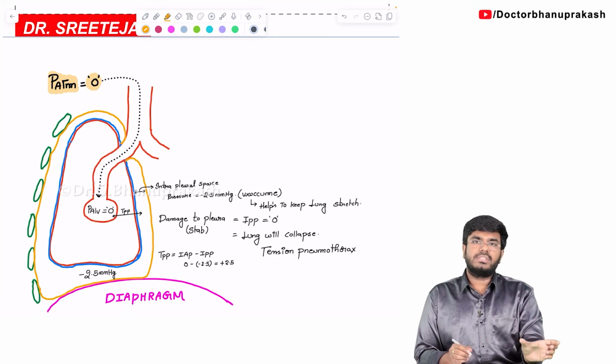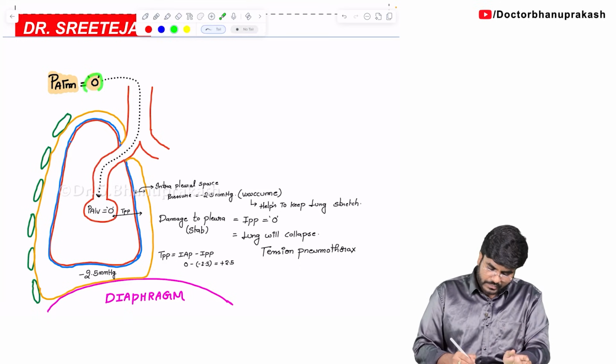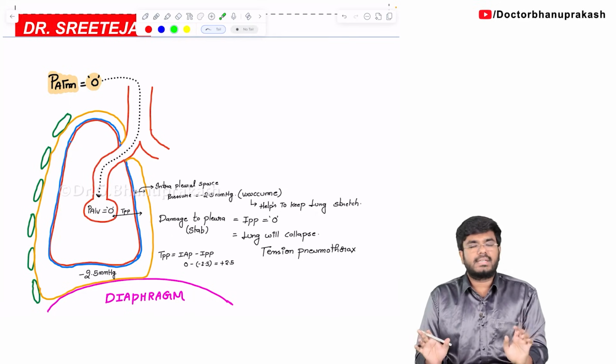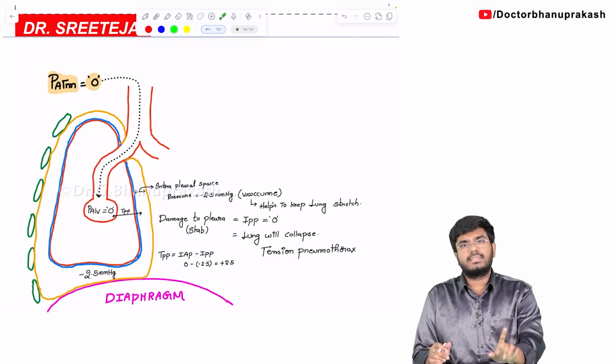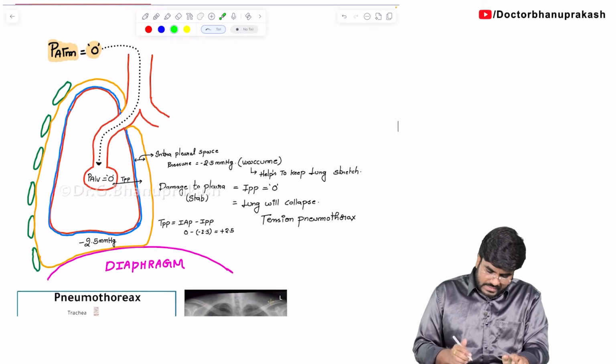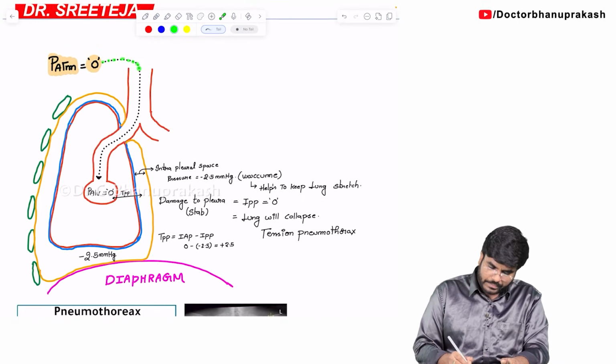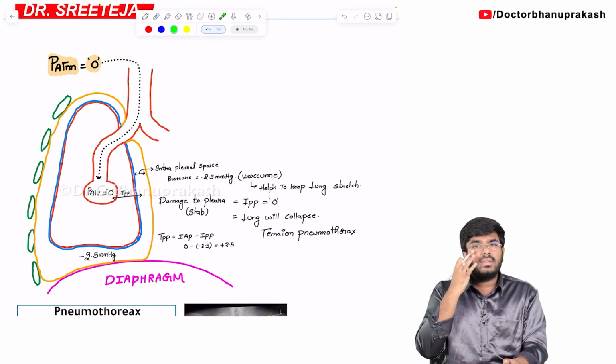Okay, that 760 mm Hg is equal to 0. So, atmospheric pressure, let's consider it as 0 for easy understanding purposes. In physics, we consider it as 1, but here in respiratory physiology, we are taking it as 0. Now, the same atmospheric pressure through our nostrils and through our mouth,